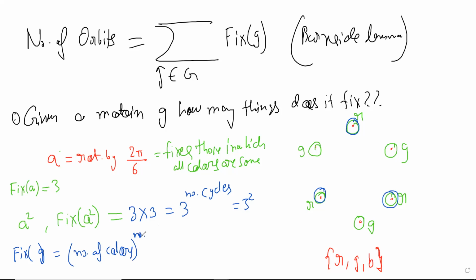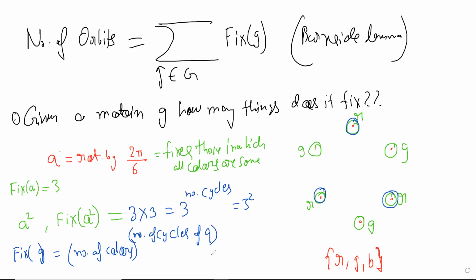Well, the exact cycle structure is important if you are doing a more complicated version of this problem, where you have to use 2 reds, 3 greens, and 1 blue. That's a much more complicated version of Boolean enumeration. That requires a multivariate generating function, knowledge of cycle index, and some other things. I think we should not do that. So the answer is number of colors to the power number of cycles of this motion G.